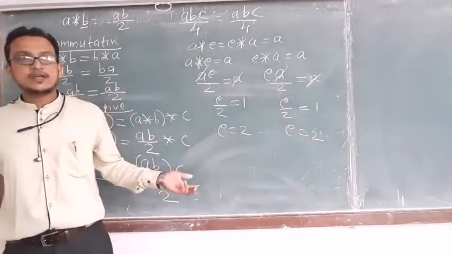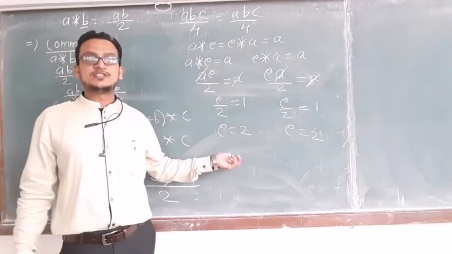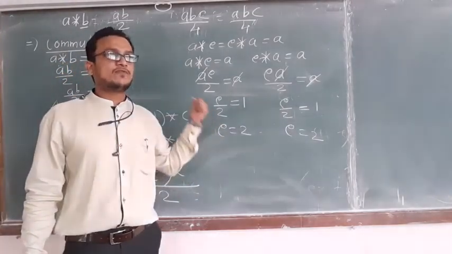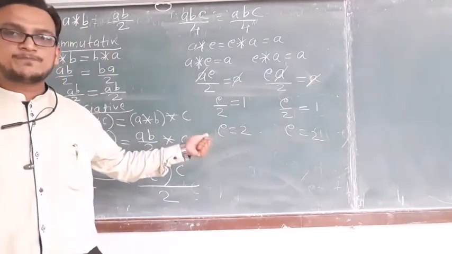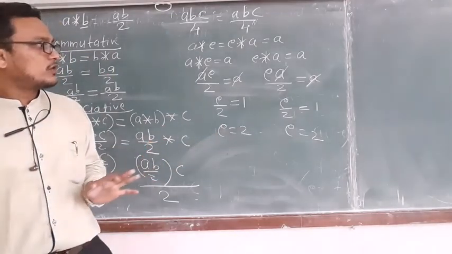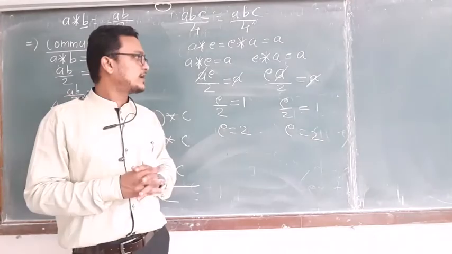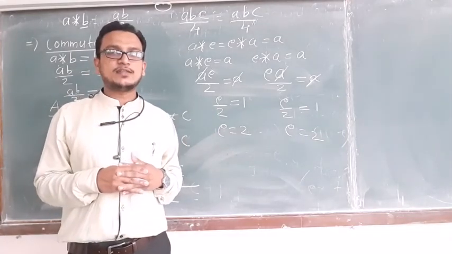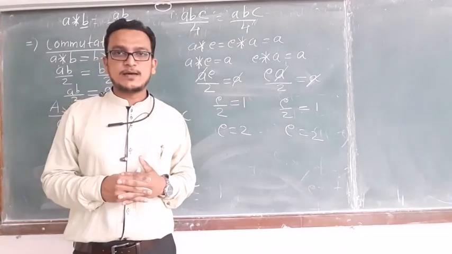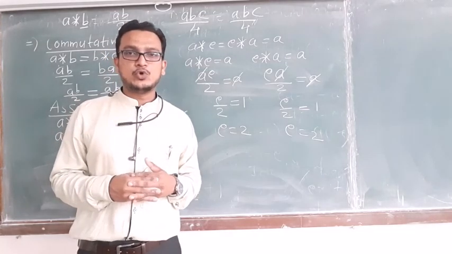So therefore what you can say here, identity element exists. So for this example, identity element is 2. Okay. So I hope that you understood these examples. Similar type some more examples are there. Please work out those examples. Or it is there in the notes. Okay. Thank you.